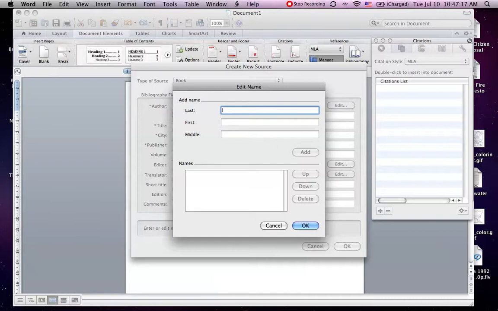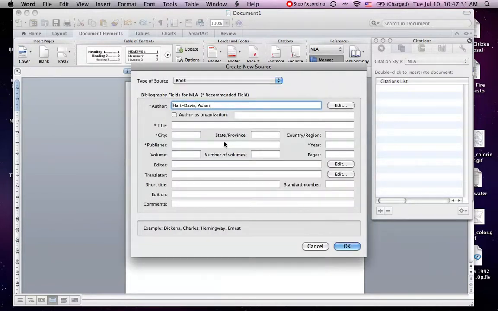So I'm going to do a book that I have in front of me. And then press add and OK. If the book has more than one author, add all of the authors. When you're looking for the city or the publisher and the year, normally if you turn to the second or